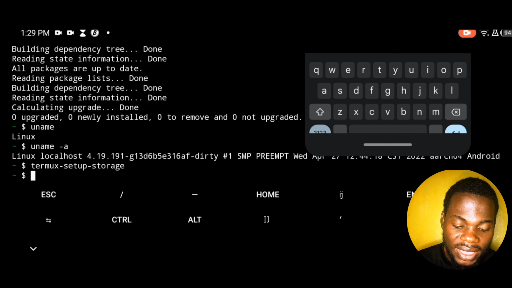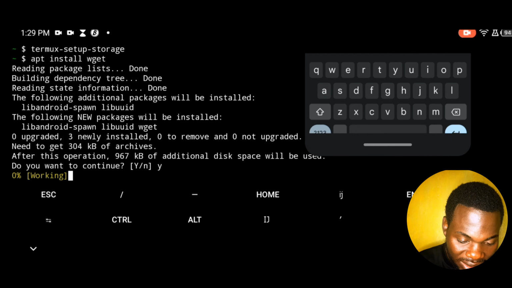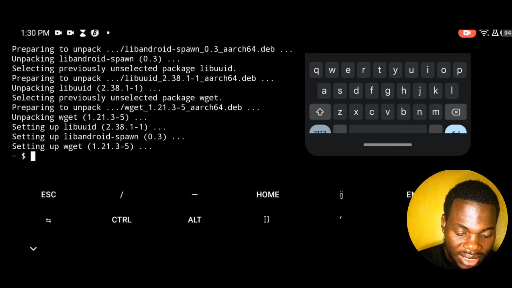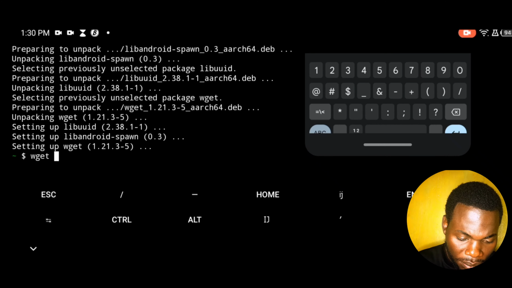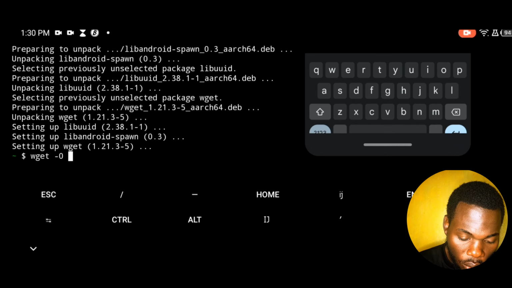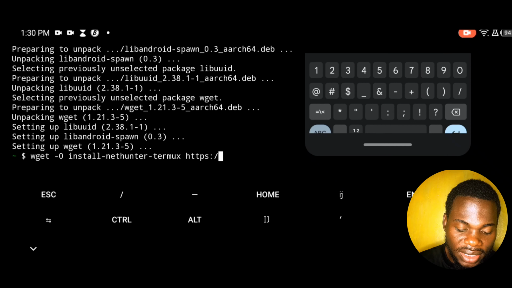Okay, after allowing that, we are going to install our first tool. So it's install wget. So wget is installed. So we are going to use wget to install Kali NetHunter. So wget -O install-nethunter-termux. We are going to copy paste there our link,